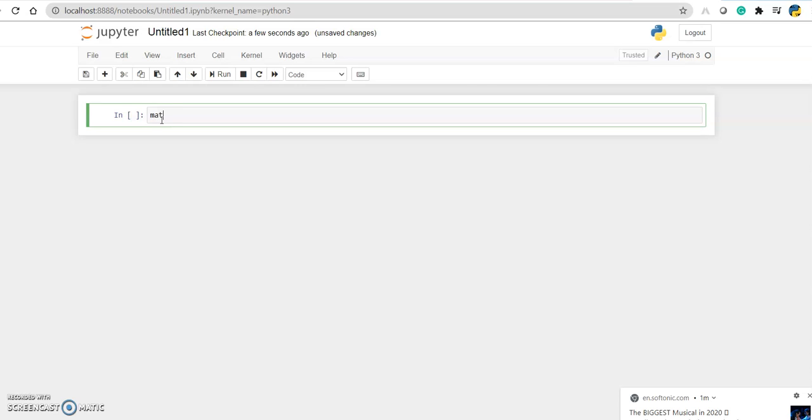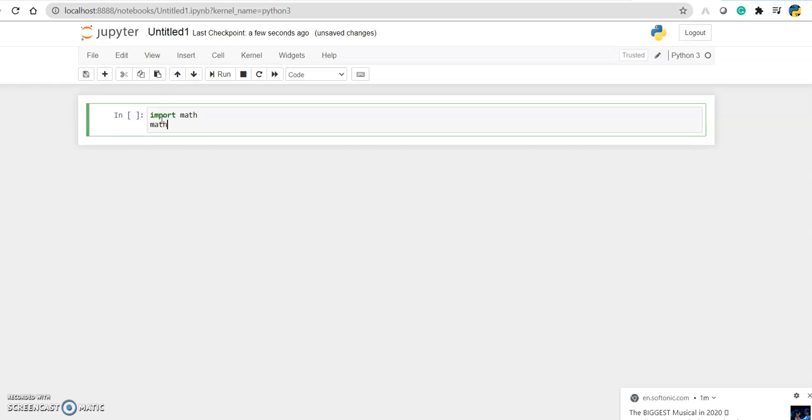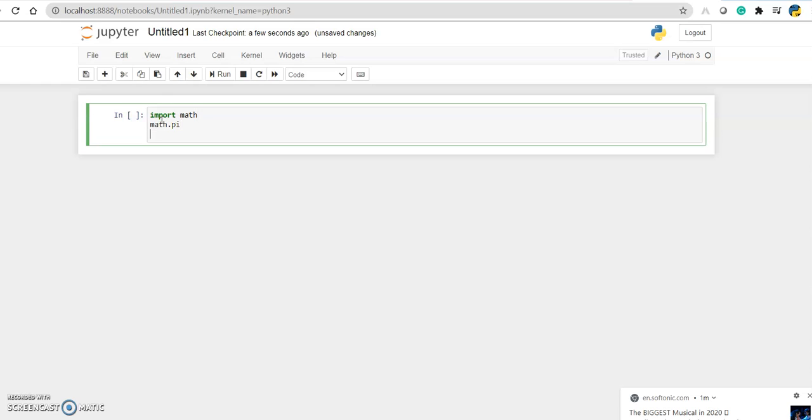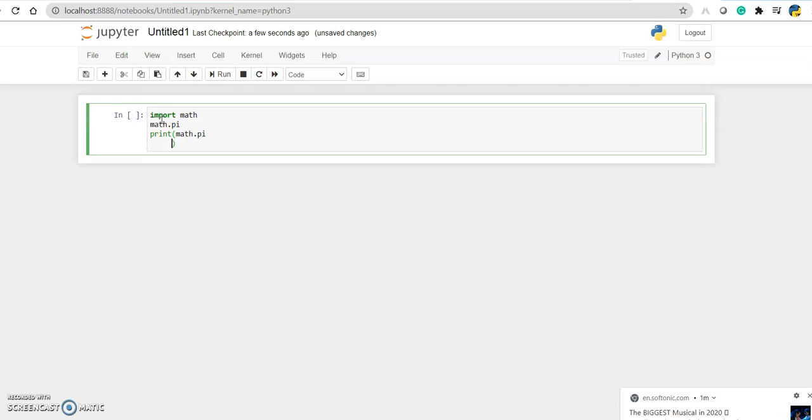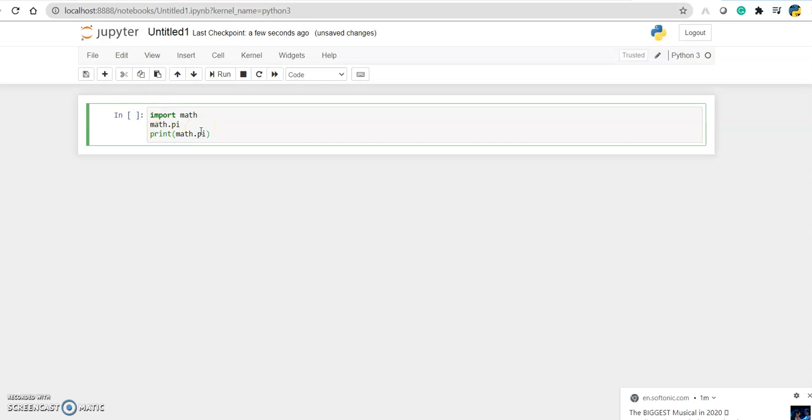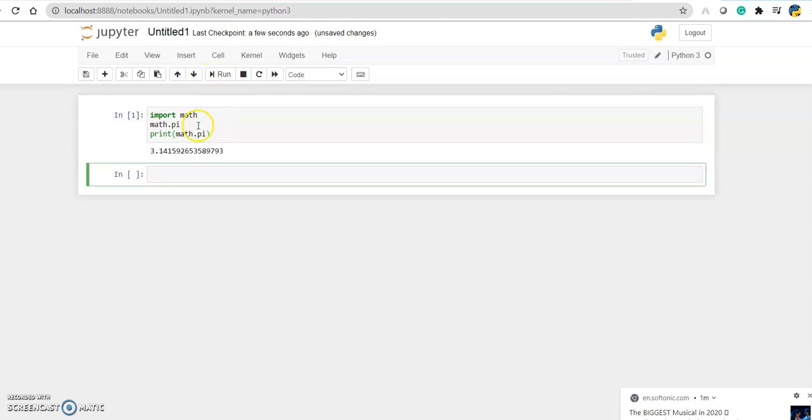For example, I am executing import math and print math.pi. You can execute any commands in this Python environment. Likewise, you can install Jupyter.